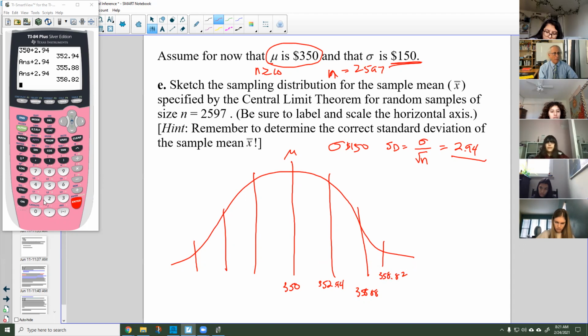And then going the other way, 350 minus 2.94 minus 2.94 minus 2.94, 347.06,